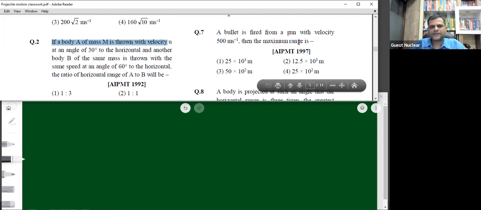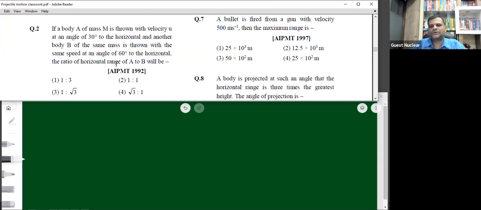Let us solve this second. If a body A of mass m is thrown with the velocity u at an angle 30 degree to the horizontal, and another body B of mass m, of same mass, is thrown with the same speed at an angle 60 degree to the horizontal, then the ratio of range of A to B is,